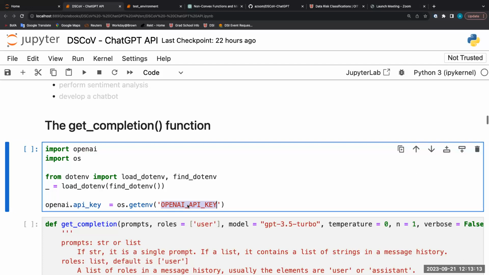I store that API key as an environment variable using the .env package, and I just load it from there. So this API key only exists on my laptop. It's not in the GitHub repository. I'm not sharing it with anyone. That's usually a good way to go with these API keys. So I recommend you do this as well.